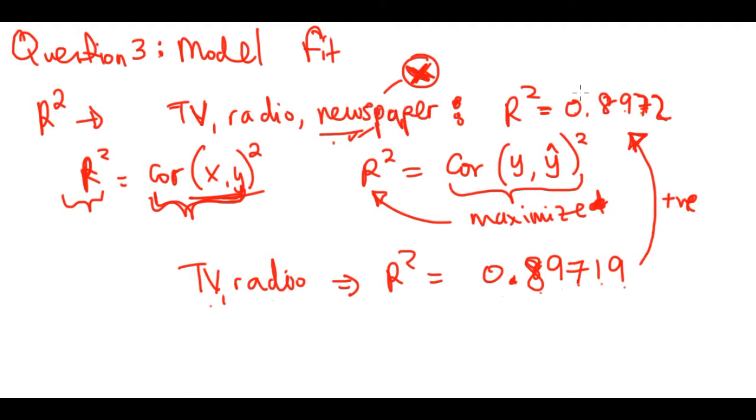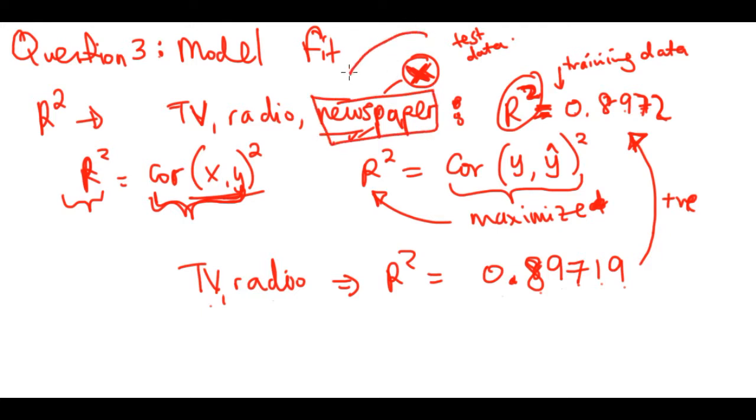Although R squared increased, it is not enough for us to just use R squared to say this is a better model. No, it's not enough, because R squared measures on training data, and our concern is with test data that the model has never seen before. So if we just chose R squared because it increased, we're going to be wrong, because when you put test data into a model that is TV, radio, and newspaper, this newspaper part here, it will most probably